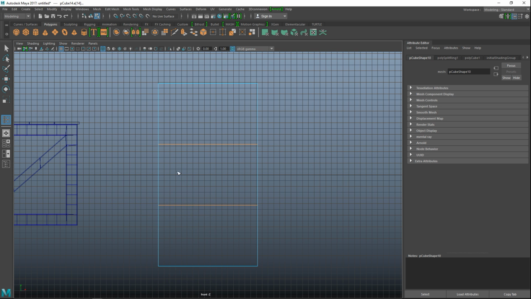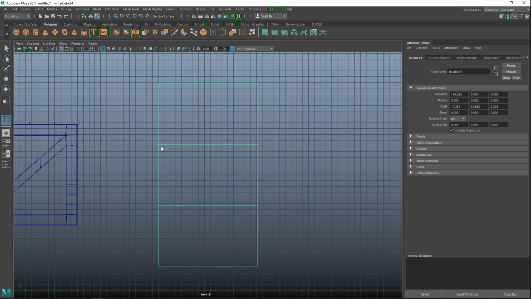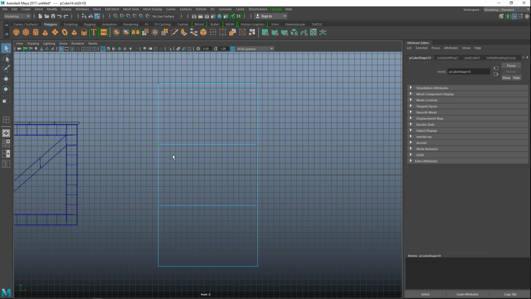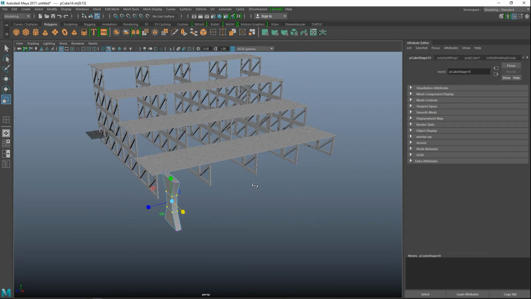Okay. We're going to right click at our vertex. We're going to drag select these vertices. Okay, why is it not selecting? Okay, hit Q on my keyboard. That's better. So we're going to hit R. We're going to push that in like so. And that's pretty much all there is to it.